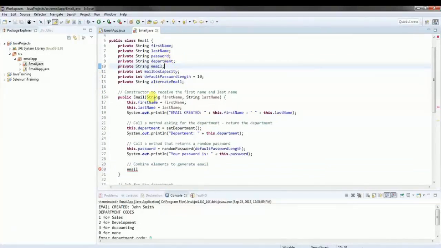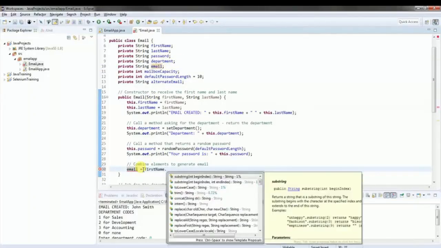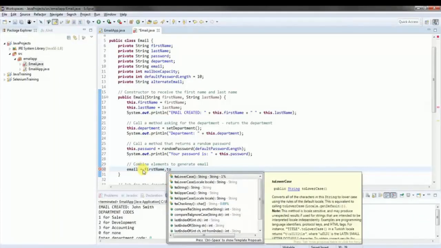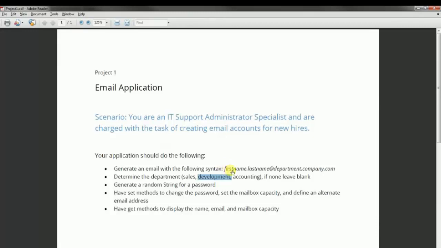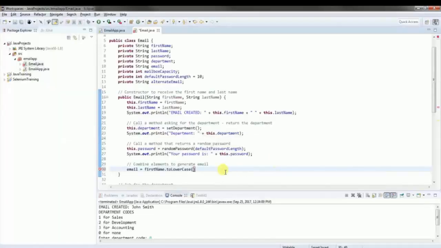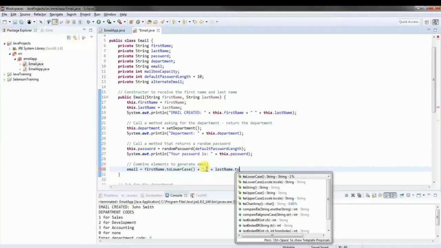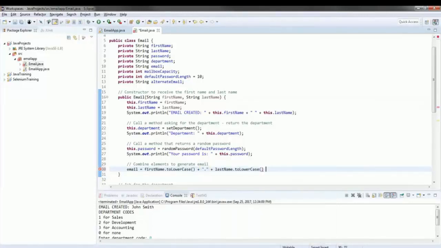So our email is going to equal first name. Now we want to have it be lowercase, dot toLowerCase, right? Because our documentation said first name should be lowercase and dot last name. So first name dot toLowerCase, and we want to concatenate a dot in between, then last name dot toLowerCase, and then we're going to add at, and here we're going to have the department code. So department code is going to be concatenate the department, and then